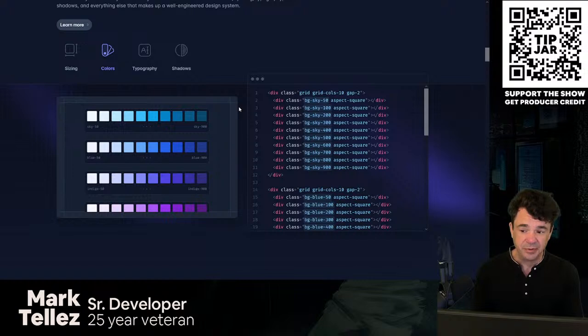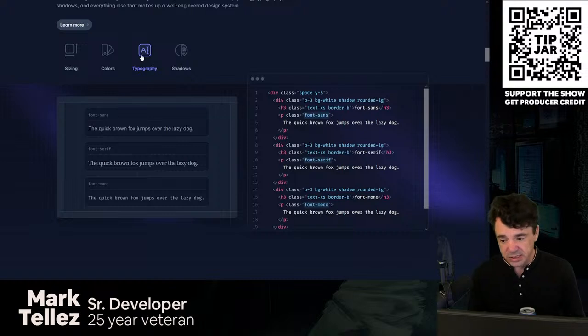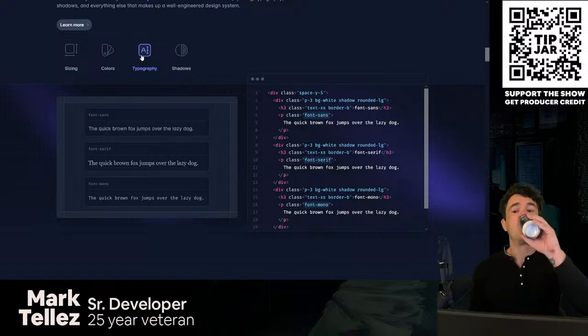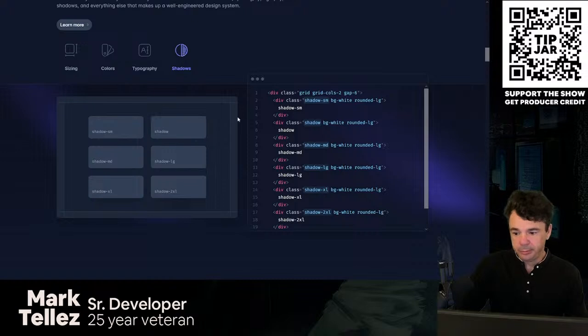When you're at the Tailwind CSS site, you're looking at the default palette. You can see how you can change the different fonts, the different font weights, different font values, different font types. Shadowing,